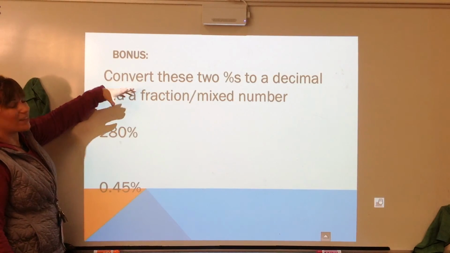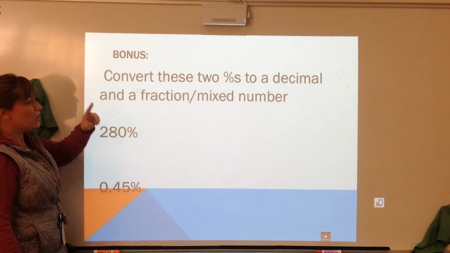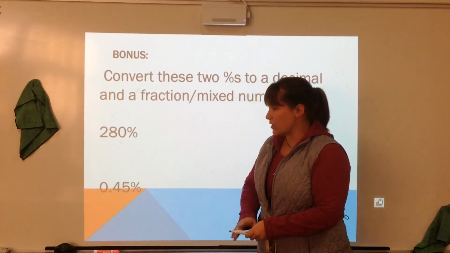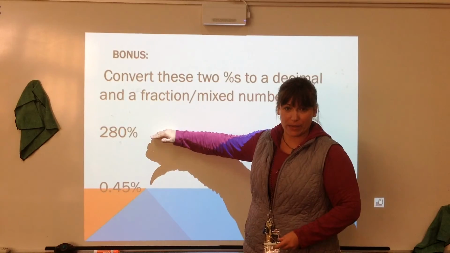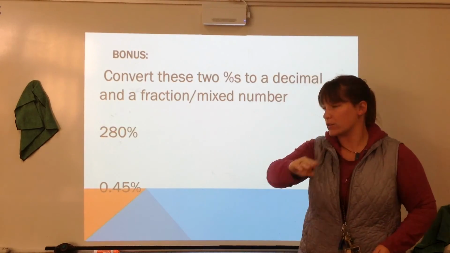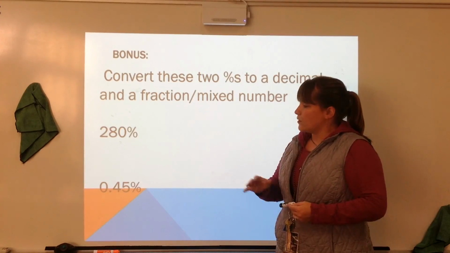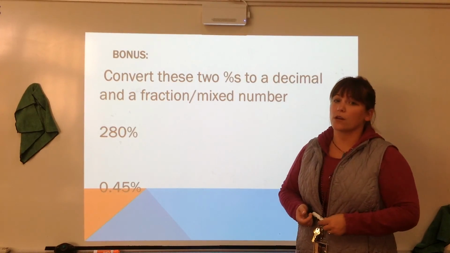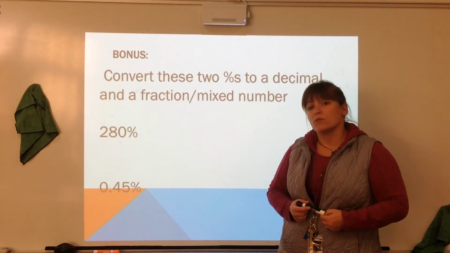We are going to get this direction tomorrow: convert these percentages to a decimal and either a fraction if it's really small or a mixed number if it's really big. So there are actually 2 answers for this conversion and 2 answers for this conversion. You don't have to do these. This is an option, a bonus for if you want to practice more. So I'll see who went above and beyond